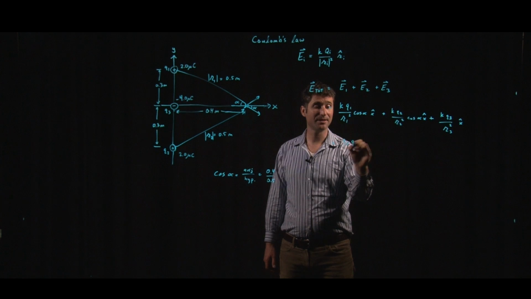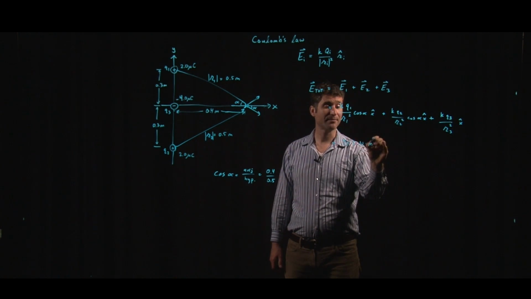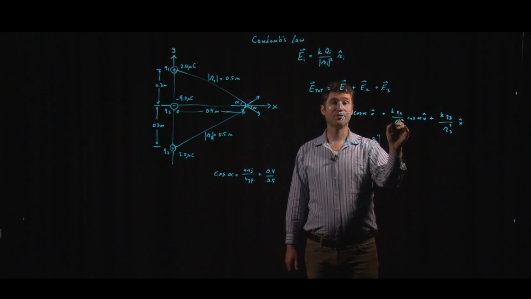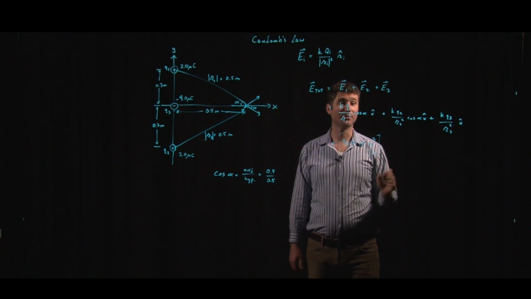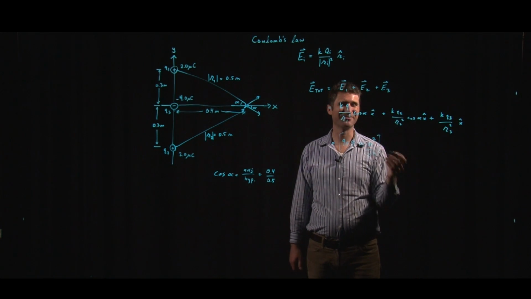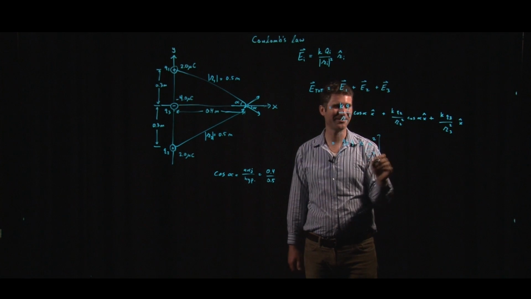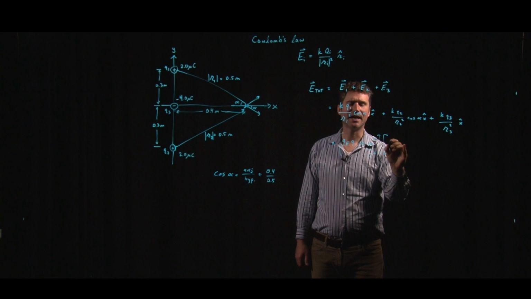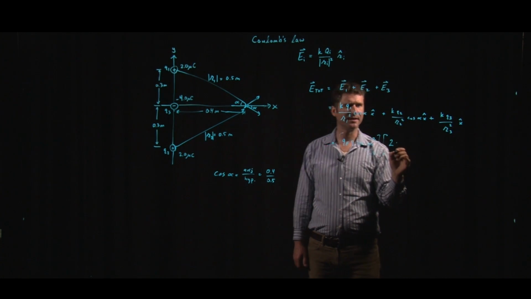So that's 9 times 10 to the 9 newtons times meters squared per Coulomb squared. So that's my k. I also noticed that my Q1 and Q2 are the same, and my R1 and R2 are the same, and my cosines are the same. So basically, I'm going to just get twice this term here. So to combine my E1 and E2 terms, I will do twice this value here,